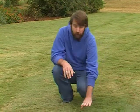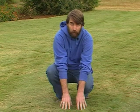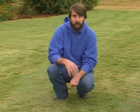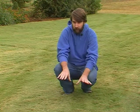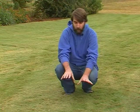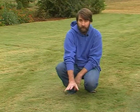When you think about turf grasses in Oklahoma, you're thinking about some kind of Bermuda grass. Common Bermuda, which is a relatively coarse-leaved plant but does very well, or one of the improved, finer-leaved Bermuda grasses like we have here. Now, Bermuda grass is an excellent lawn grass for Oklahoma. It's very heat tolerant, very drought resistant. It fills in very well, rapid growing, and if managed properly, can make a very nice, very dense, very attractive